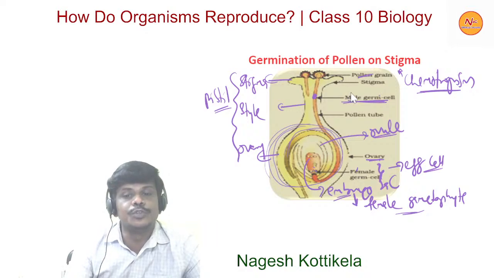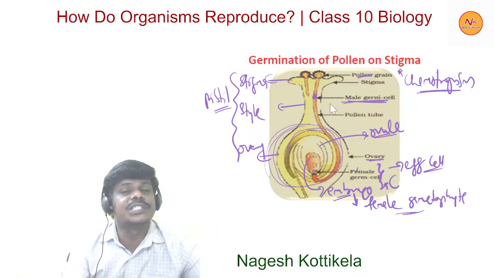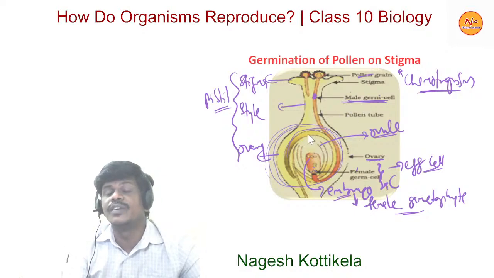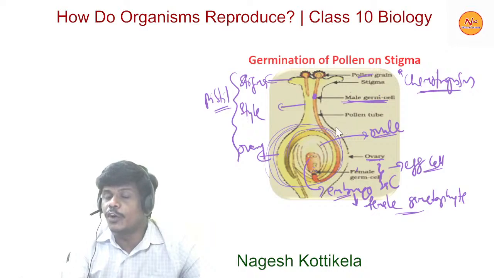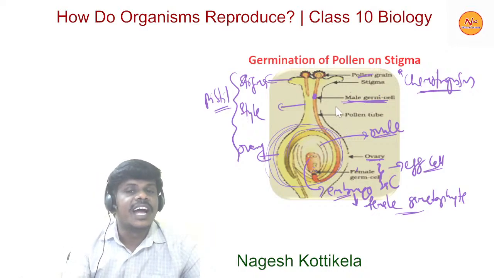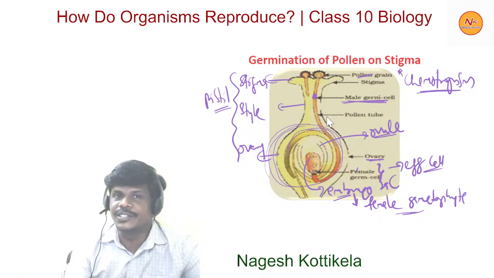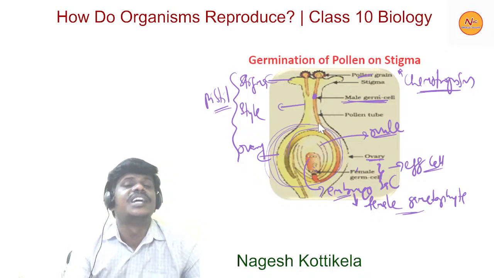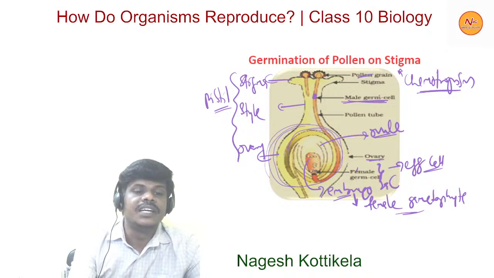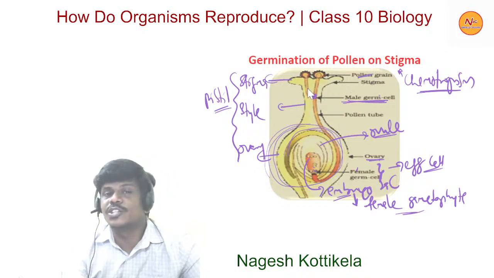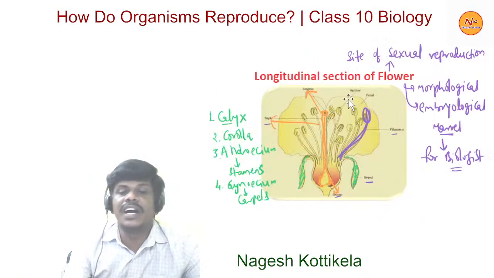The fusion of these two is called fertilization, and that results in the formation of the zygote. The zygote undergoes repeated mitotic divisions to form the embryo, which is the future plant. Under appropriate conditions it develops into a seedling. This is how sexual reproduction occurs in plants, and this is how we find different whorls